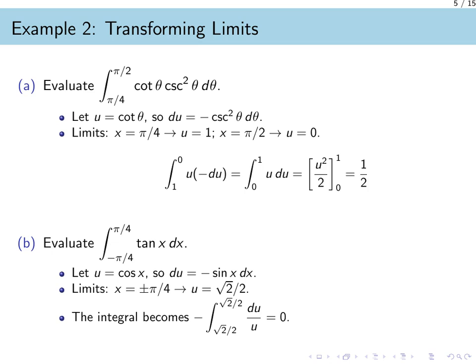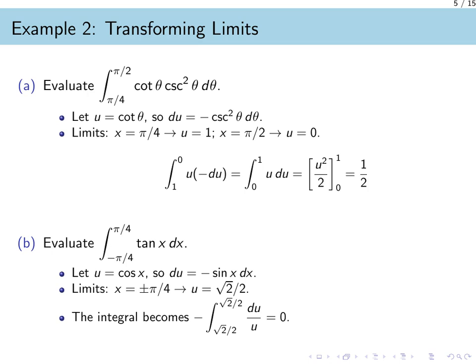Here, something interesting happens. The lower limit x equals -pi over 4 gives u as the square root of 2 over 2. The upper limit x equals +pi over 4 gives the exact same value for u. Since our new integral has identical upper and lower limits, its value is immediately 0, and we do not need to